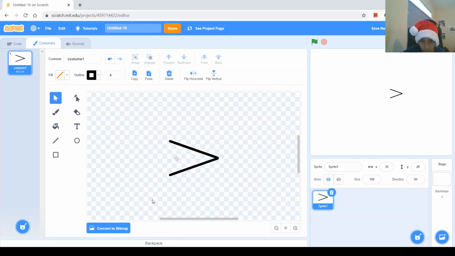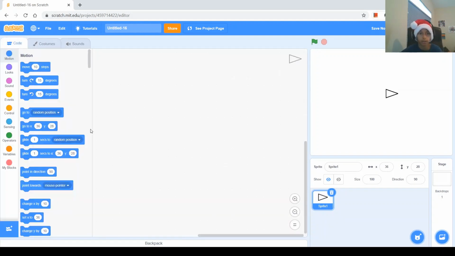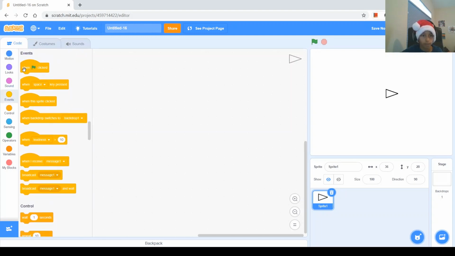You can use the arrow keys to make it perfect here in the tip. And then for your third line, you can just connect this to this, and that should be good. And then next, you can select it and center it. Okay? Next, what we want to do is go to the code, and we're just going to do when green flag